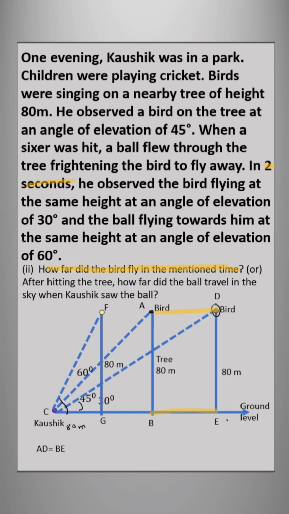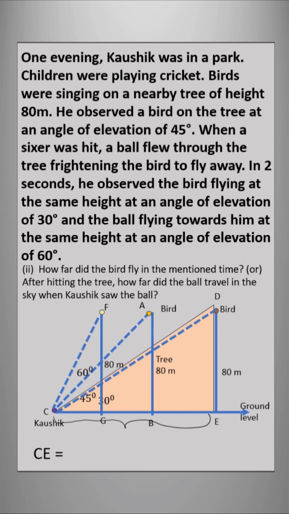How can we find out the distance between B and E? It is CE minus CB. CB we have already found out, which is 80 meters. Here I have written. So now we have to find the distance between C and E. For that, we have to use the triangle